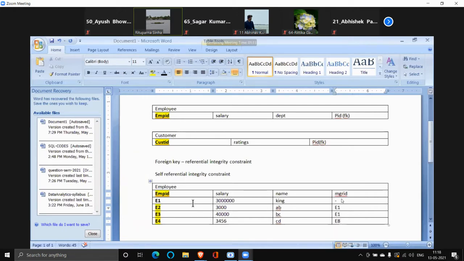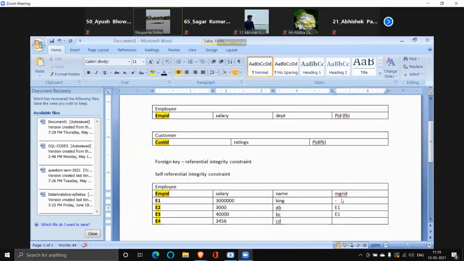So what will you say? Can you insert a record E8 as a manager ID? No, I cannot do that because my constraint is every manager is an employee. E8 is not existing in the employee ID. So how can E8 be present here?